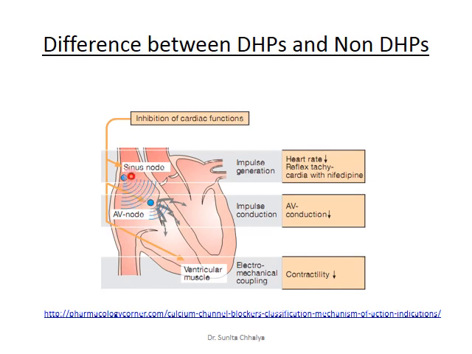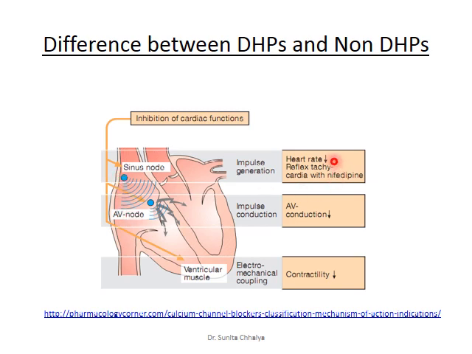If SN node activity is higher, we can say that there is an increased automaticity. If AV node conduction rate is higher, we can say that more impulses pass on to the ventricles and increase ventricular contractility. But when the calcium channel blockers were administered, specifically the non-dihydropyridine derivatives, they bind with the calcium channel and block the calcium entry in the SN node as well as in the AV node.